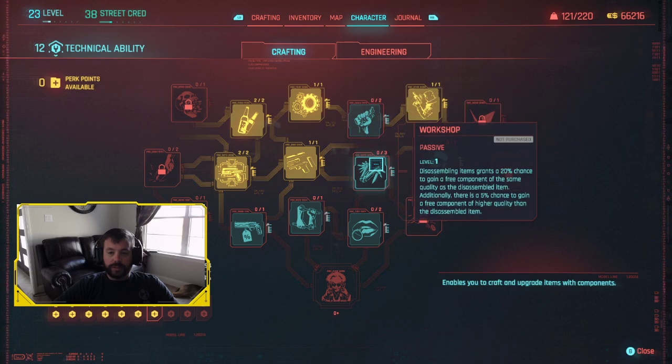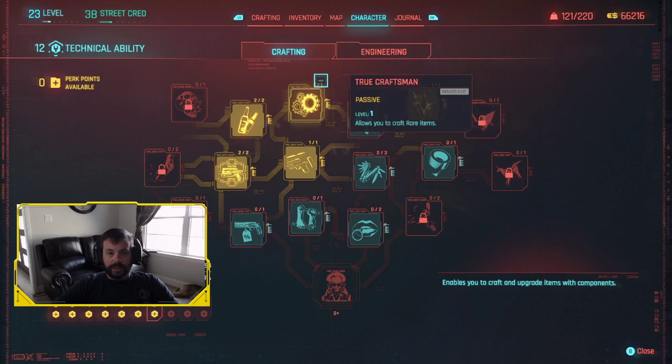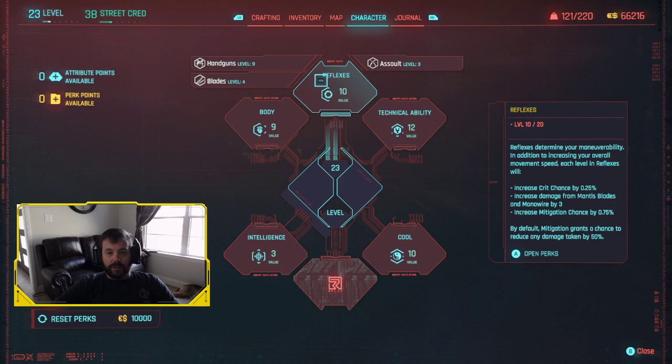Disassembling. That's actually not a bad one either to help in harvesting components, but again, it kind of goes down to a combination of buying components and breaking them down, or just what really is the most efficient means of doing it. I don't want to have to go around and farm a bunch of